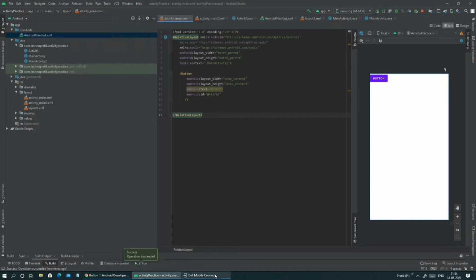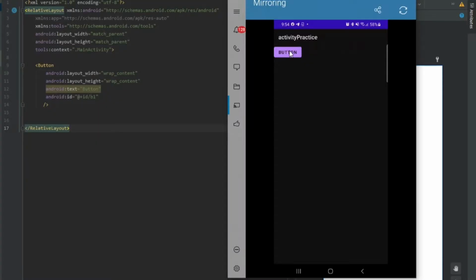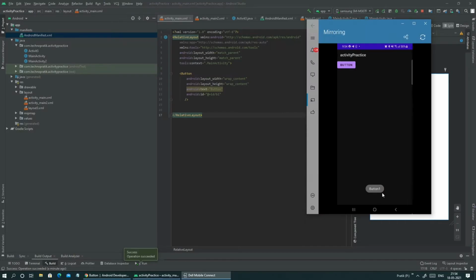Let me show you. Now here you can see a button. Whenever we click on this button, it will show a toast message. It means now our button is functioning well, so there is no problem. Whenever I click here, it is showing button 1 message.